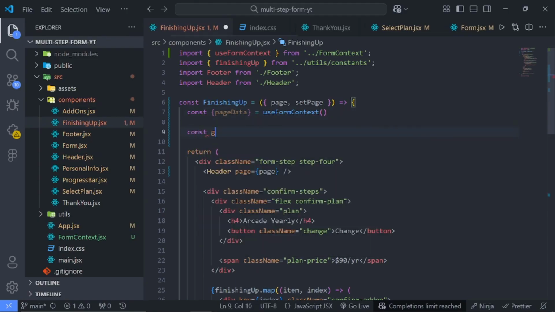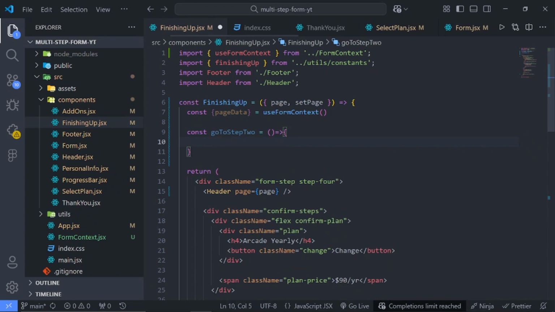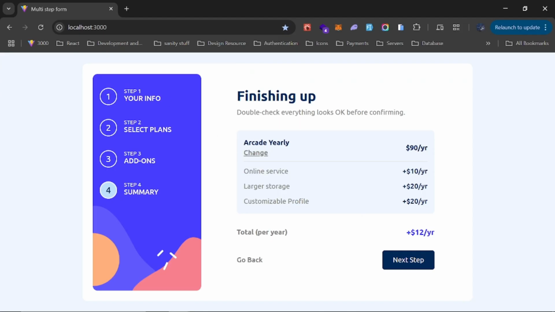So we can create a function, let's say go to step 2, and we'll say if the page is equals to 3. So we're going to step 2, and remember the page is starting from what? 0. So it makes sense. So if the page is equals to 3, which kind of mimics 2 because we're taking 1 from this,